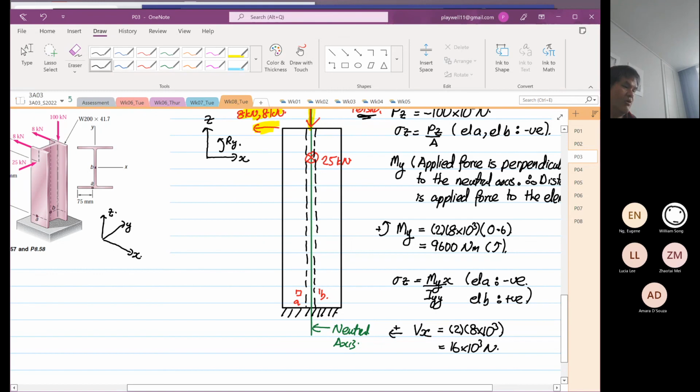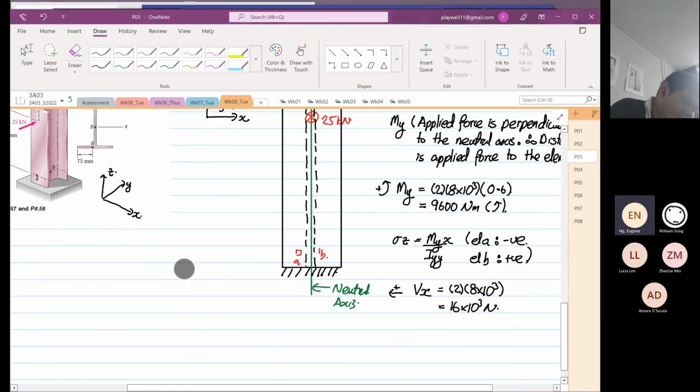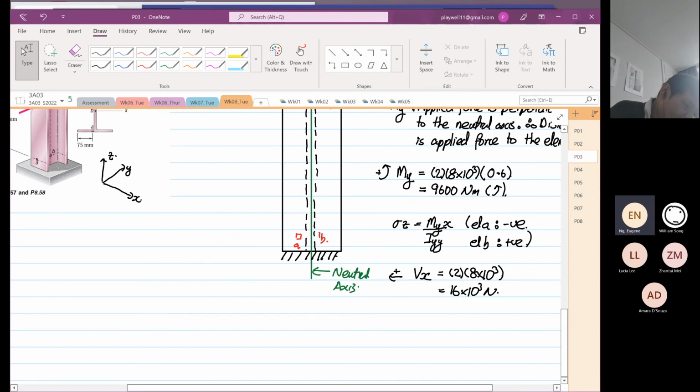Now, we are going to look at what Vx is going to do. The formula we are going to apply is the shear stress is equal to Vx over Iyy